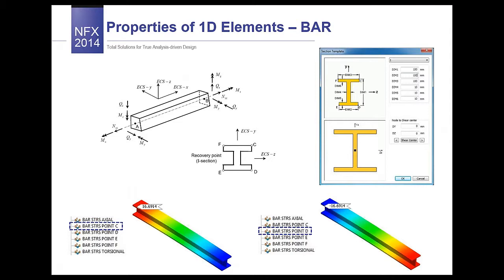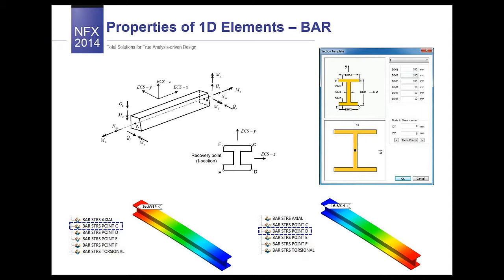On the next slide you see the access dialog box for section. Midas NFX has been equipped with a section template dialog box, and from this dialog box you can select the required cross-section shape, for example I section, L section, tube, and to calculate all required parameters you have to specify